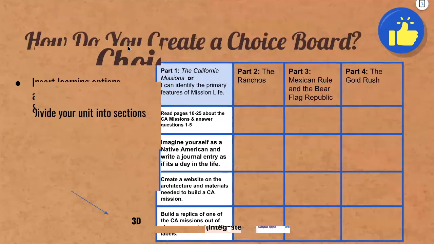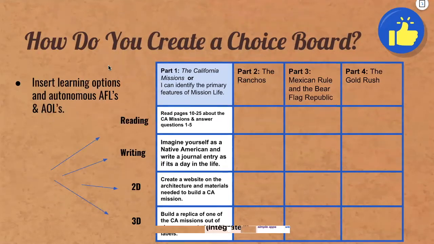And there'll be a question segment at the end if this doesn't make entire sense to you. And I apologize if I'm going too fast. Once you have your section, I like to go with a reading, writing, 2D and 3D component. However, I'm going to give an example later which doesn't necessarily follow this, and that's intentional, just so you can see that it doesn't have to follow reading, writing, 2D or 3D, but I just found the most success